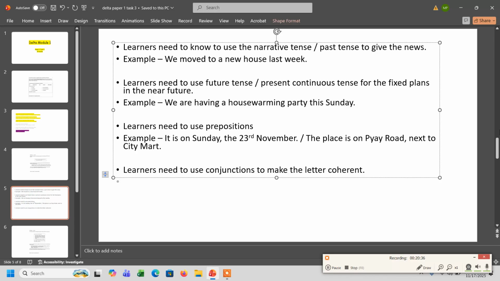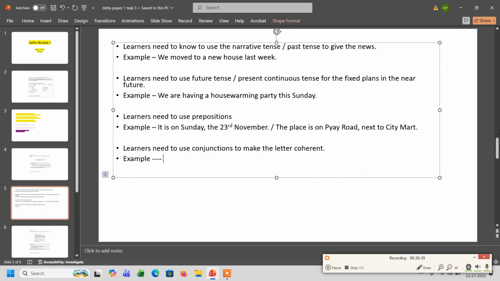Wait, like example, I hope you can come, but I understand if you are busy. Okay, or maybe you should come because it will be very fun. Okay,